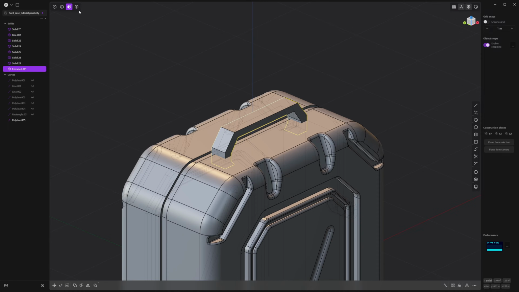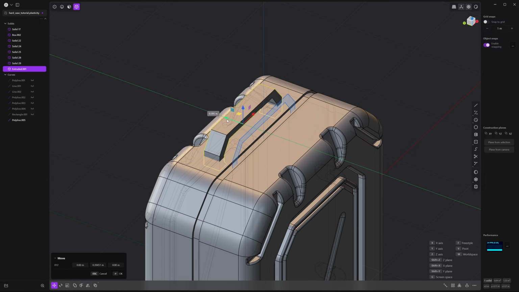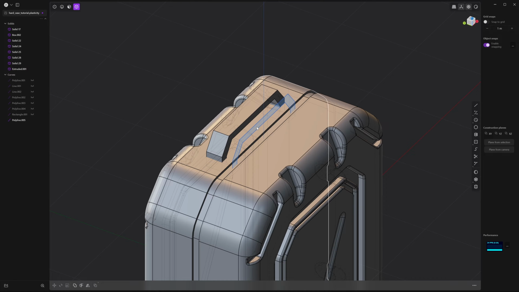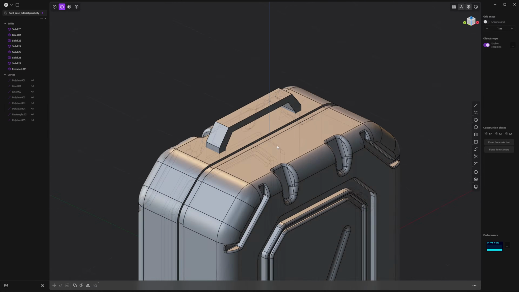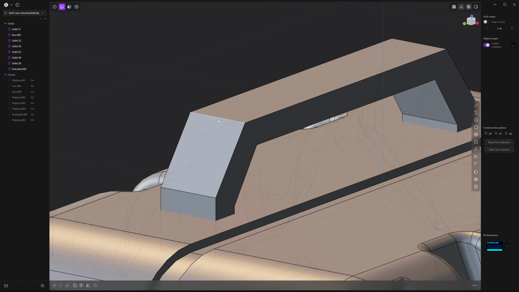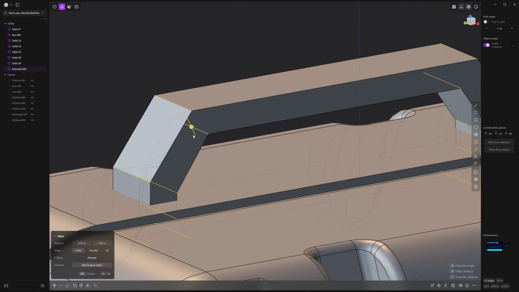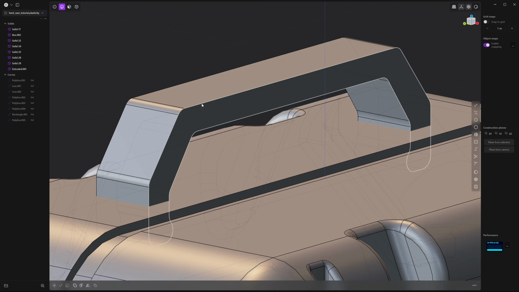Right click to accept. And let's just move it backwards a bit so it doesn't compete with this center line. Right click to accept. Press 2, and let's hide this curve here. And let's just give these edges a bit of a rounding. So Control Alt click, select all of them at once, and let's give them a bit of a fillet by dragging them down. And again for these outer ones.